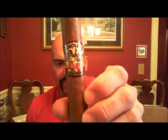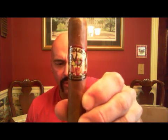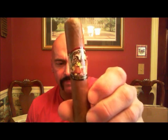Cigar feels good, nice in the hand, weighty. I like the color, nice medium brown. Nothing spectacular, but it looks very well made. I like it. The band, if you look at it, is just a little bit weird. It's just all kinds of things going on there, and a